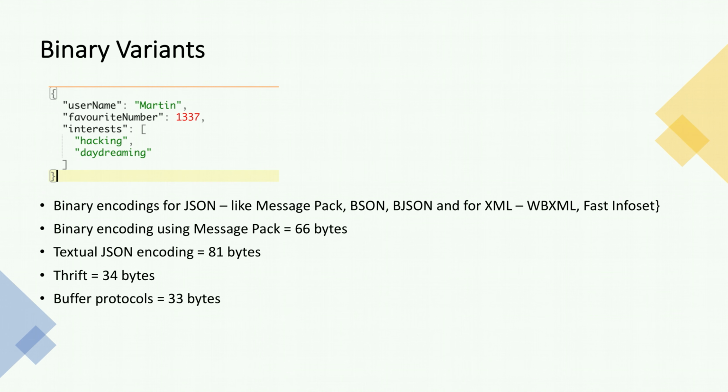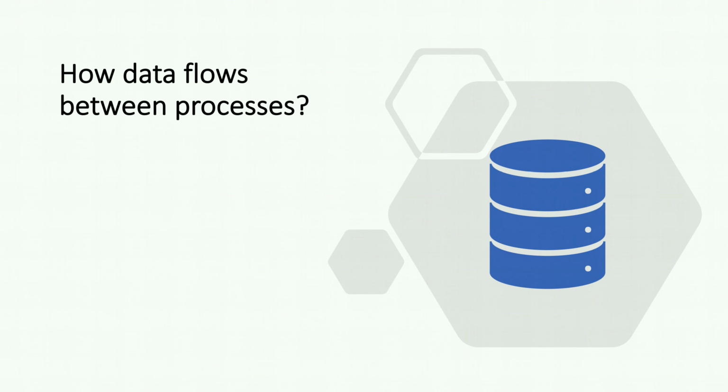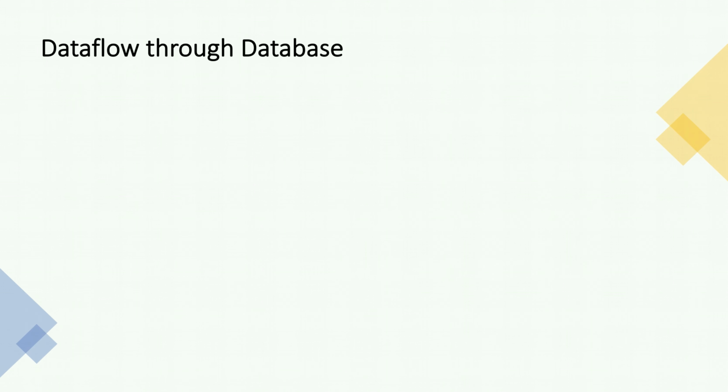These various encoding formats like JSON, XML, CSV and binary encodings use different mechanisms to handle changes in schema. Now we will see how these encoding formats are used to store and communicate data between different processes, like between databases, between service calls and in message passing, that is, through asynchronous messaging. So now let's understand the data flow through databases.